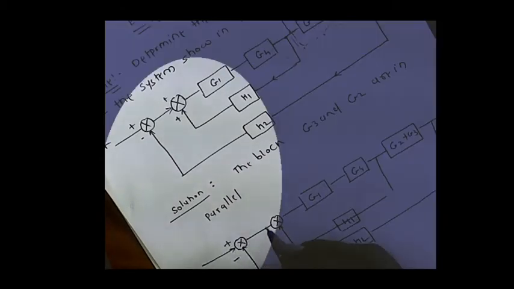So here the feedback loop H1 is present, and the second feedback loop is present from between the first summing point to this, that is H2. The signs are negative and positive. The sign is very important to remember, plus plus. So this is R and this is C.